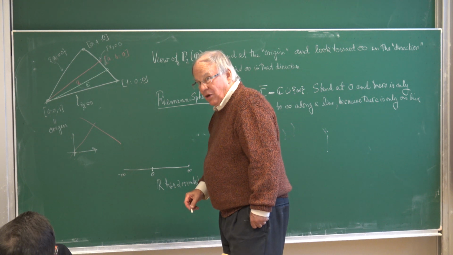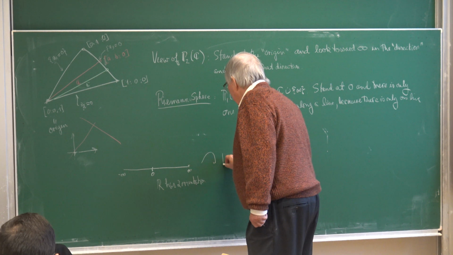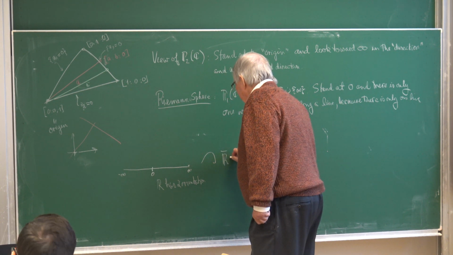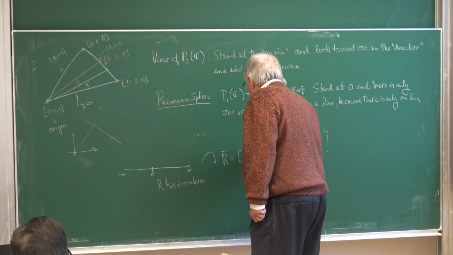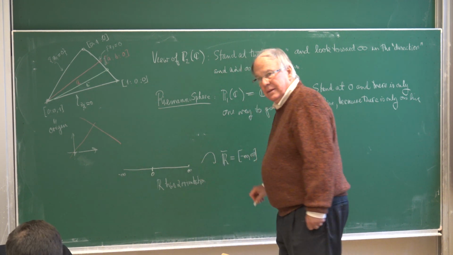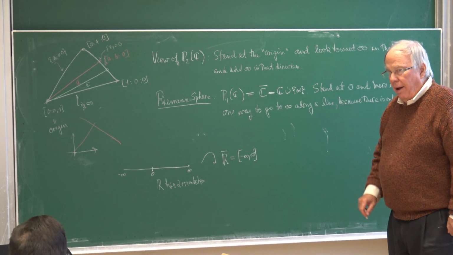And really, then you compactify. So R compactified is a compact interval from minus infinity to plus infinity. That's what you were talking about. What the devil is this thing? Now,